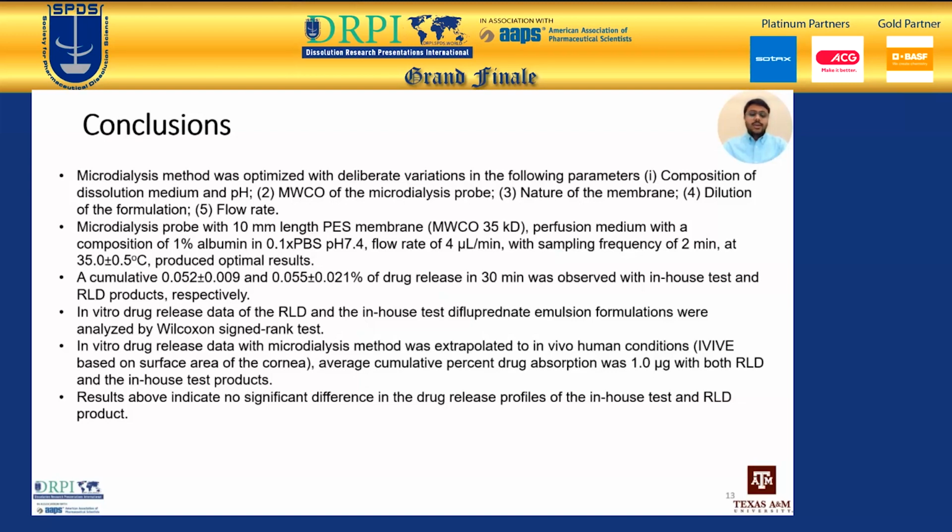In conclusion, the microdialysis method was developed and optimized, and the different parameters such as the composition of the dissolution medium, pH, molecular weight cutoff of the probe, nature of the membrane, dilution ratio, and the flow rate were optimized. The final optimized conditions were using a 10 millimeter length of polyether sulfone membrane probe with a molecular weight cutoff of 35 kilodaltons. The perfusion fluid has 1% albumin with 0.1x PBS at pH 7.4 with a flow rate of 4 microliter per minute and a sampling frequency of 2 minutes were optimized, and the experiment was conducted at 35